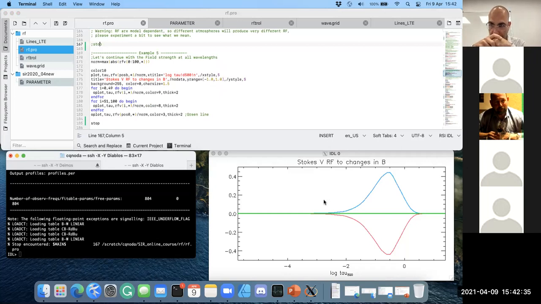I think that when you are changing, for instance, 1 Gauss or 1 centimeter by second in velocity or 1 Kelvin in temperature, how is the amount of change in the Stokes profile? Then you are supposing you are taking the derivative, but you are considering a change in the units in which you are taking this parameter. If you are using Gauss, for instance, we are using CGS, then this is the response of the Stokes V profiles in this case for 1 Gauss